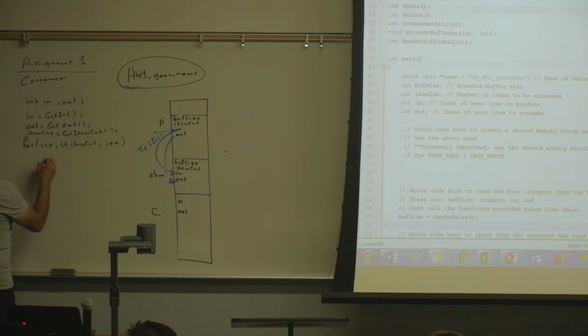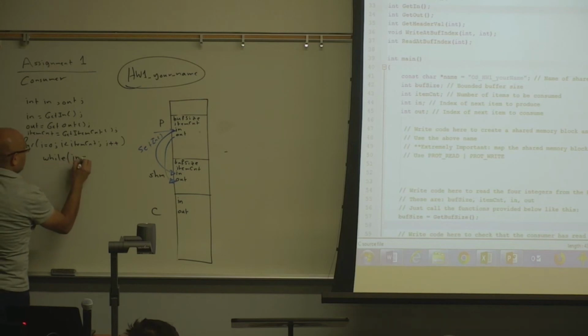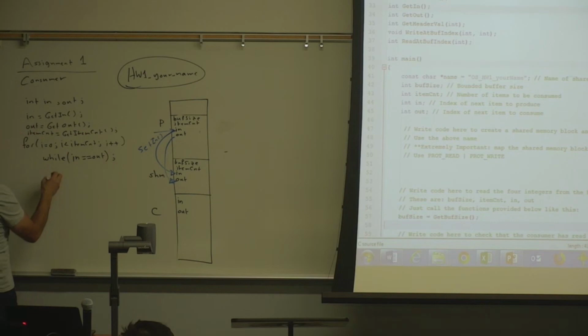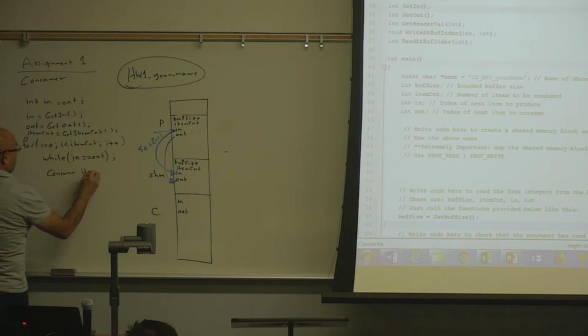And then it will say while, so now the consumer must wait when the buffer is empty. Now what's the condition for empty from last lecture? In equals out. Yeah, if in equals out then wait. Otherwise, consume item I.